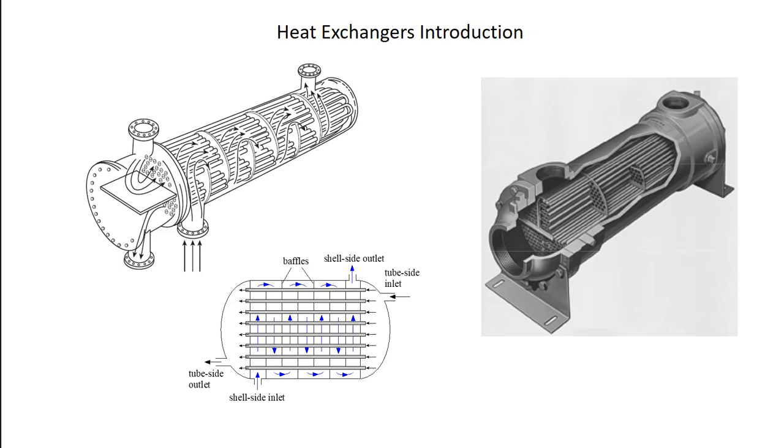Right, so the number of tube passes is just: does it go through all the tubes in one pass and come out? That's a single pass heat exchanger. Or does it go through half of the tubes and then turn around and come back in a second pass and go through the other half? That would be a 2-pass heat exchanger. You could also have a 4-pass or an 8-pass heat exchanger, where it's going through a quarter of the tubes, and back, right? So all different